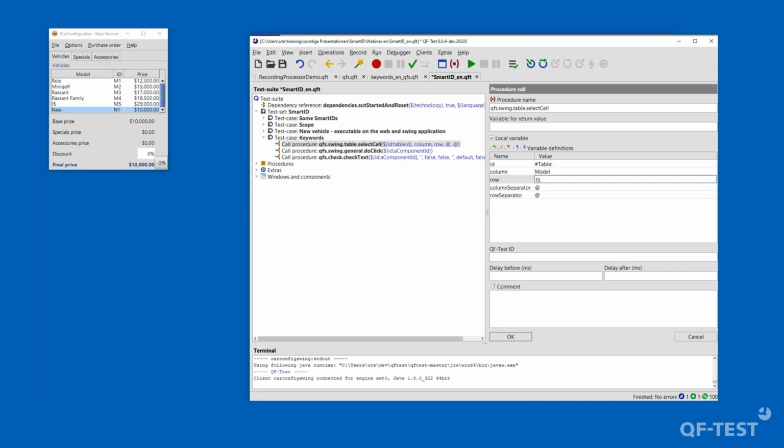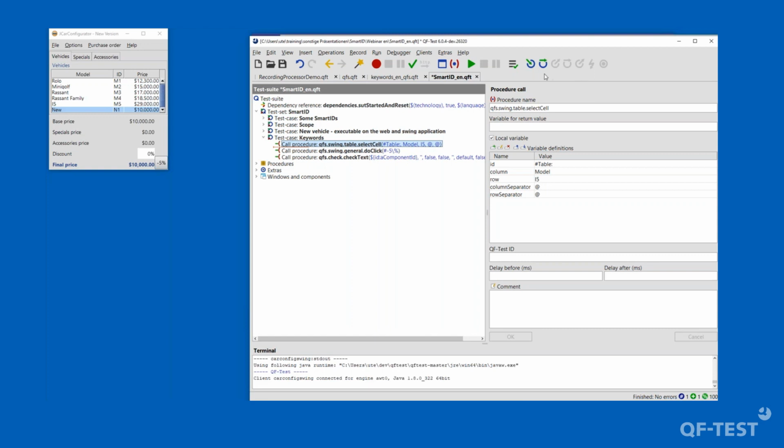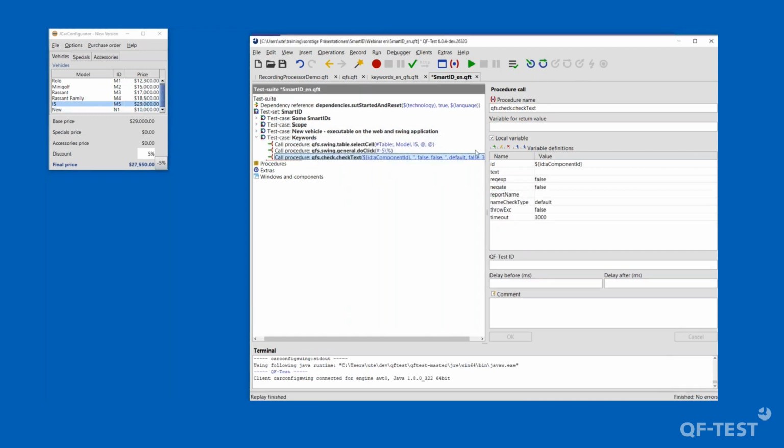The row, let's have I5. Then do a click to hash-5, and that we got the percent symbol, and that means a regular expression with QFTest. So I have to tell QFTest to treat that as a normal text and escape it with the backslash. Same happens when you have colons in normal text. You would have to put a backslash before that as well. Right, and then let's execute the two, and we'll see what